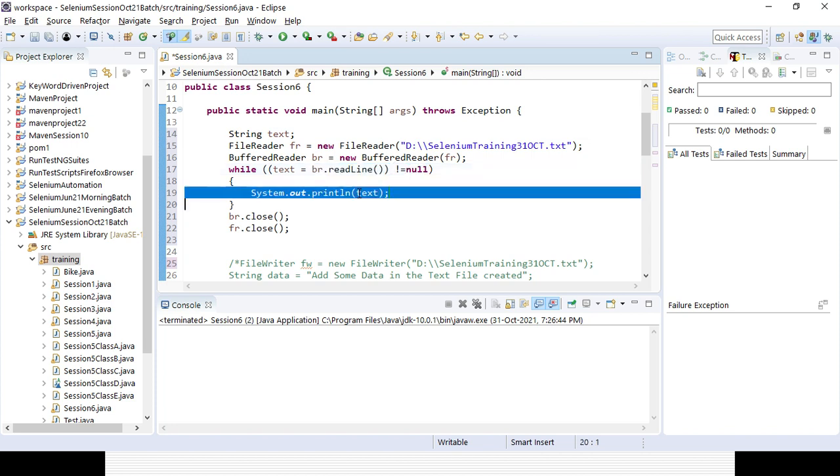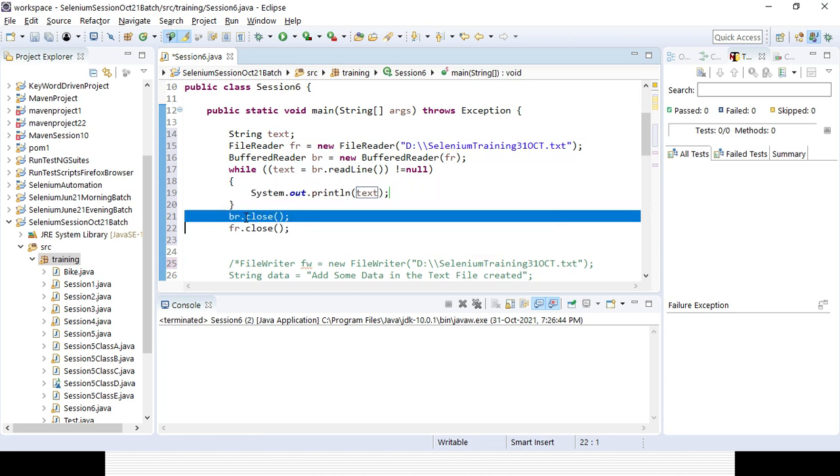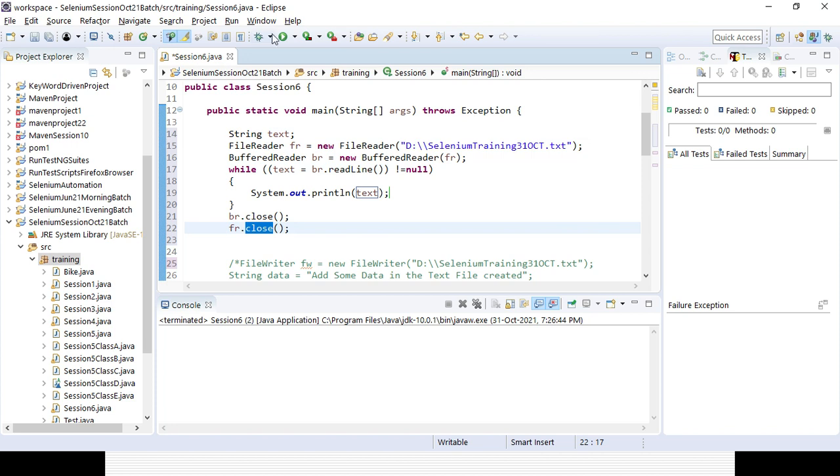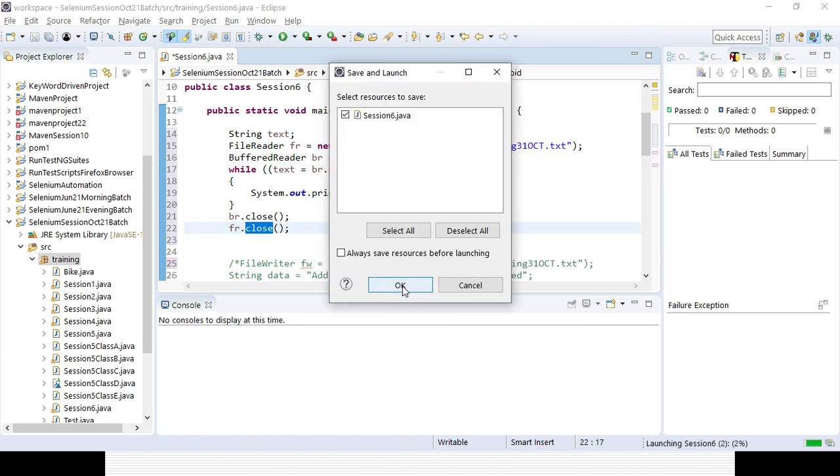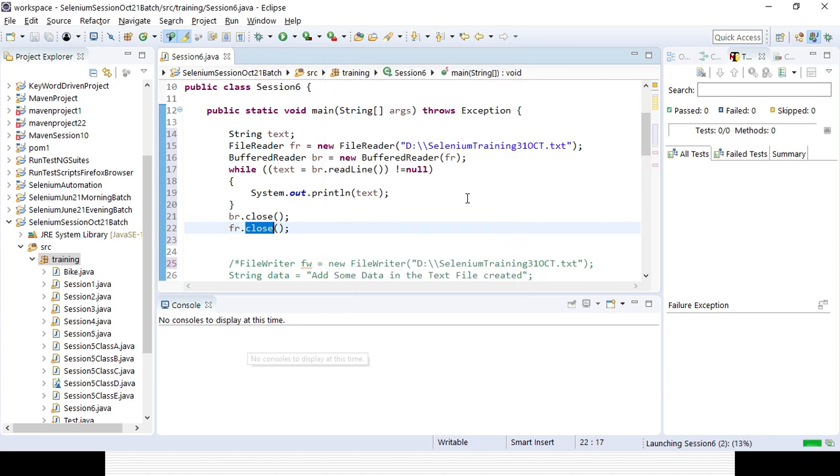Let us try to run it, and let us see whether whatever is there in the file is getting printed in the console or not. Add some data in the text file, and it is created, right. 31st October, you can see here, that is the details we have added.